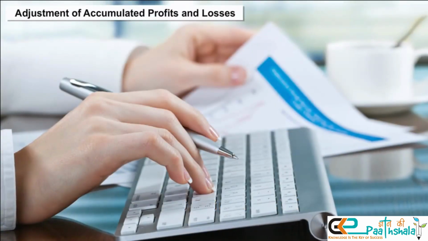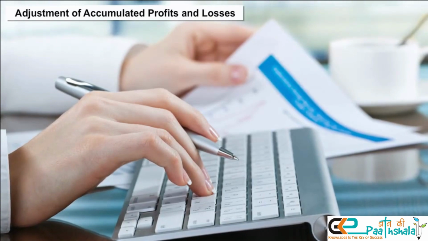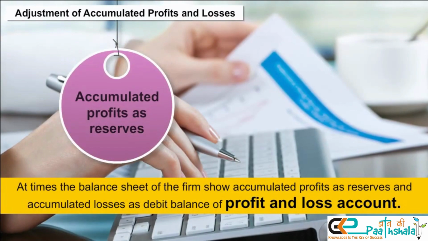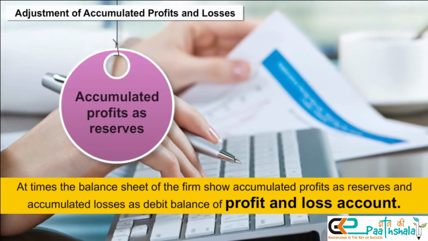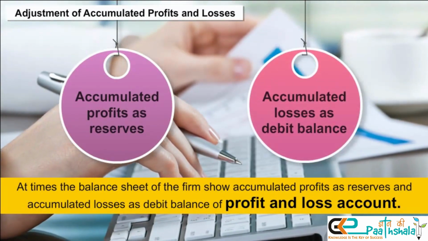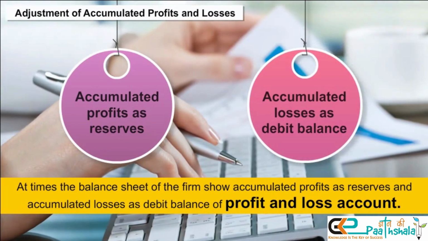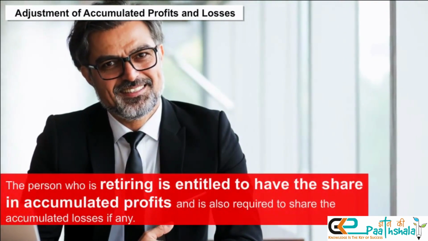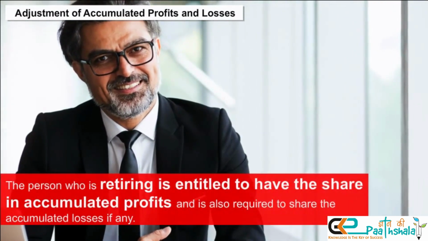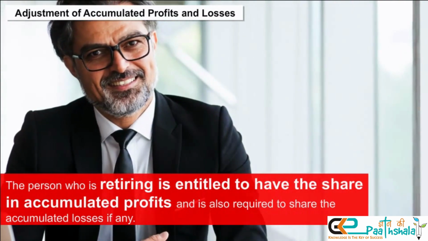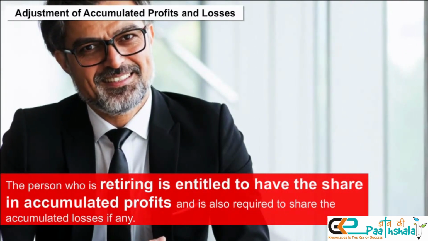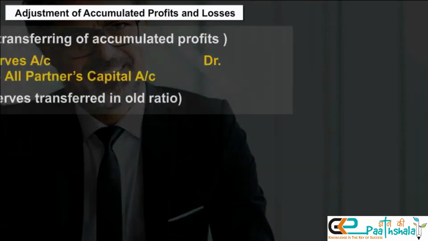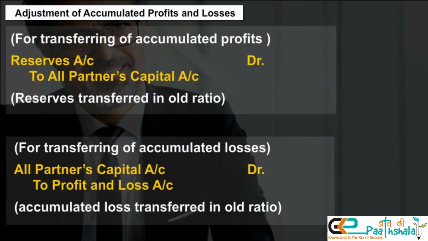Adjustment of accumulated profits and losses. At times, the balance sheet of the firm shows accumulated profits as reserves and accumulated losses as a debit balance of the profit and loss account. The person who is retiring is entitled to a share in accumulated profits and is also required to share the accumulated losses, if any. The journal entries for the same purpose shall be: